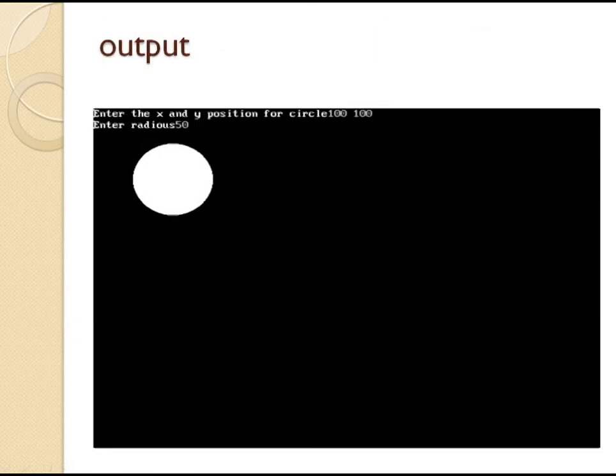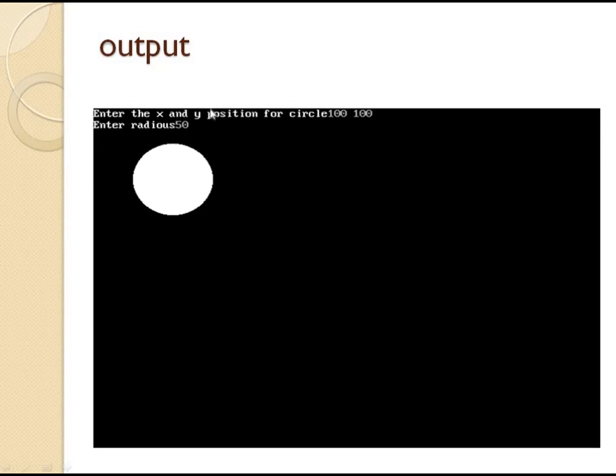Here is the output. In the printf function we put: enter the xy position of the circle, and here we put the x and y position of the circle, that is 100 and 100, and then enter the radius of the circle, that is 50.